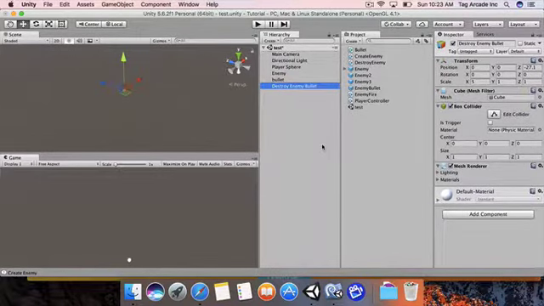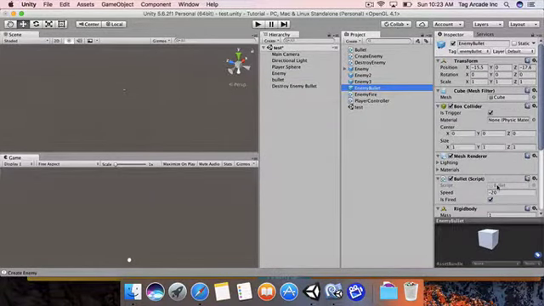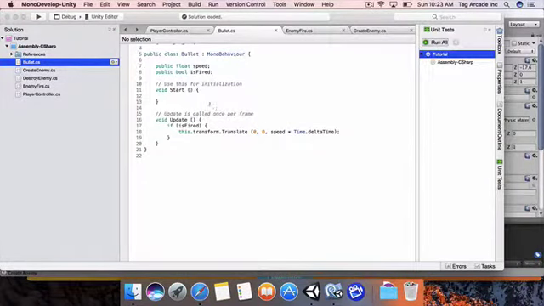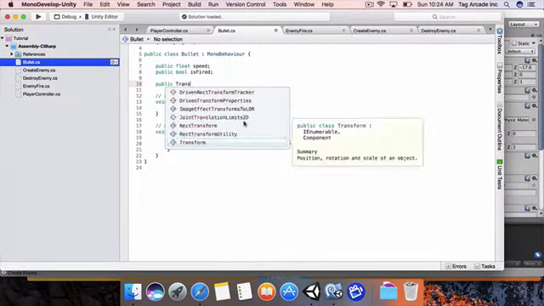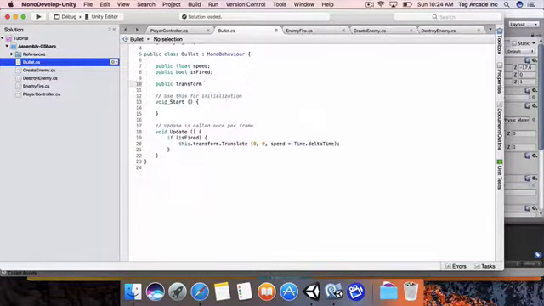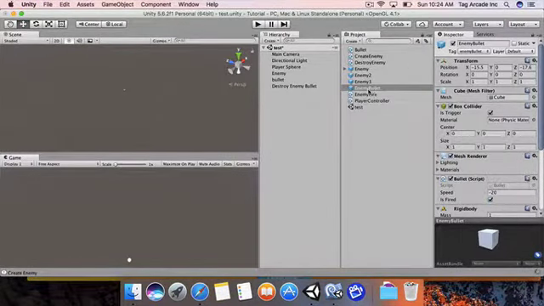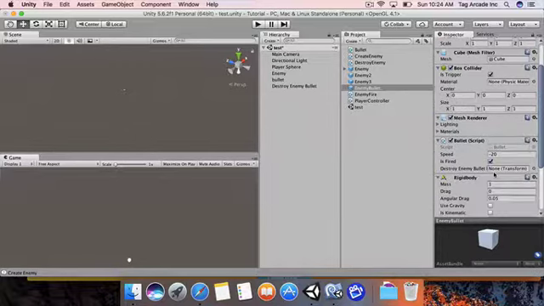Okay, and then what we're gonna do is we're gonna go to our enemy bullets and modify our script. Let's go ahead and go into here. So the first thing we want to do is we need to make a reference to that marker. So we're gonna say public transform, if I could spell transform, destroy enemy bullet marker. Okay, gonna hit file save, and now if we go to our enemy bullets, we should see enemy bullet marker,